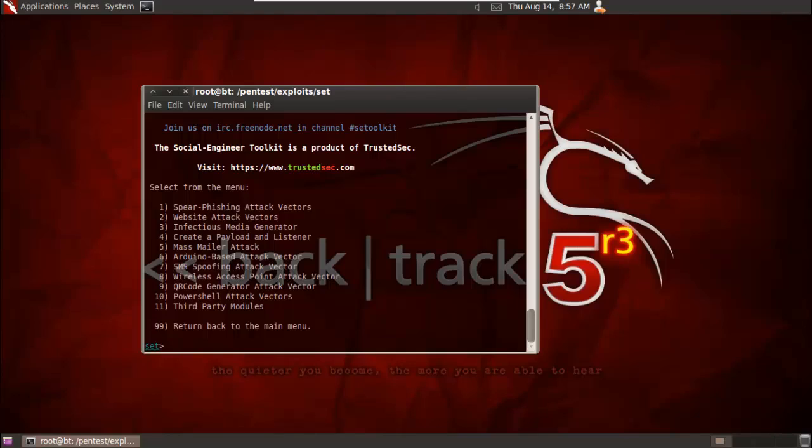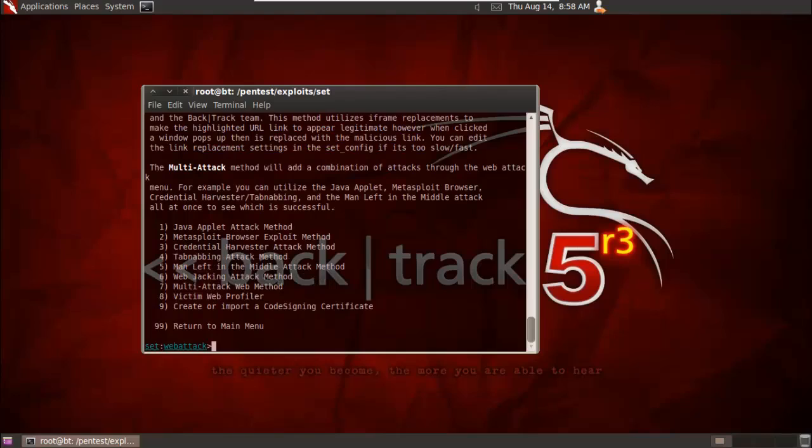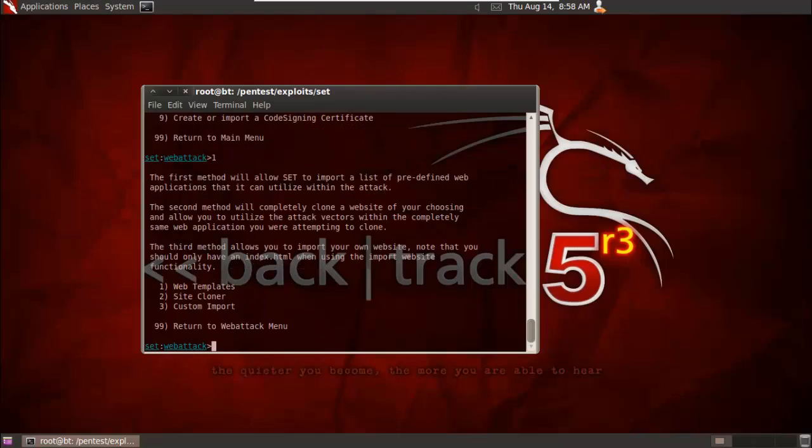So we have a spear phishing attack vector, website attack vector, infectious media generator, and many other options like SMS spoofing, Arduino-based attacks (Arduino is a kind of programmable machine), wireless access point attack vector, and many more. I'm going to go with the second option, the website attack vector, and then we have different options like Java applet attack method, Metasploit browser exploit, credential harvester, tabnabbing, and many other options, as you can see. So I'm going to go with the Java applet attack vector, the first option,